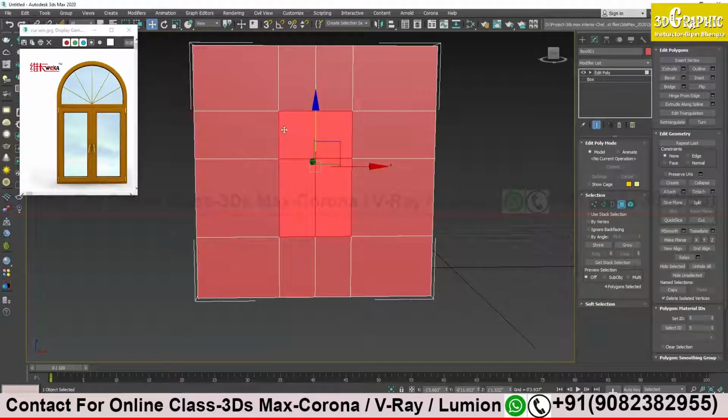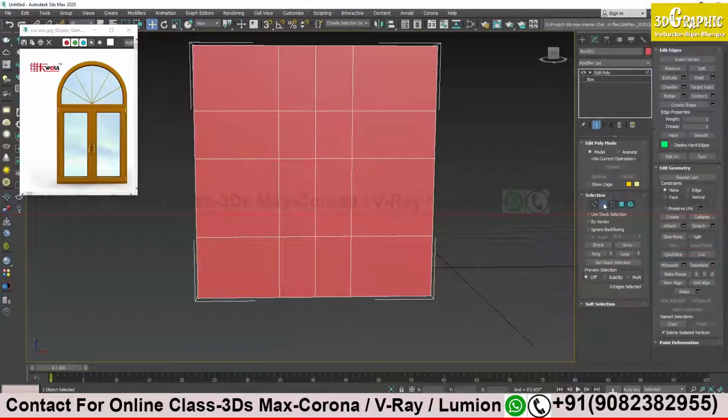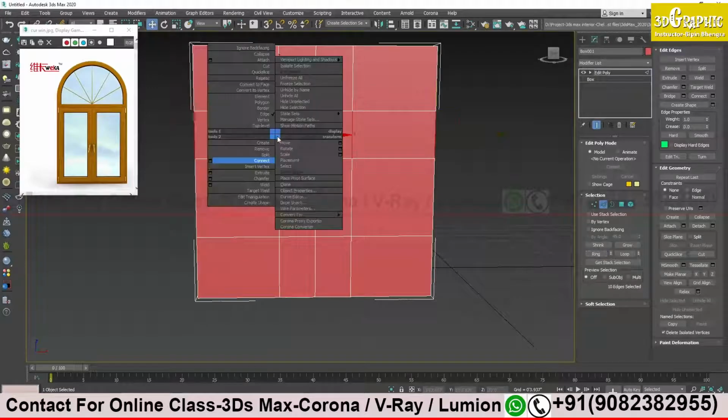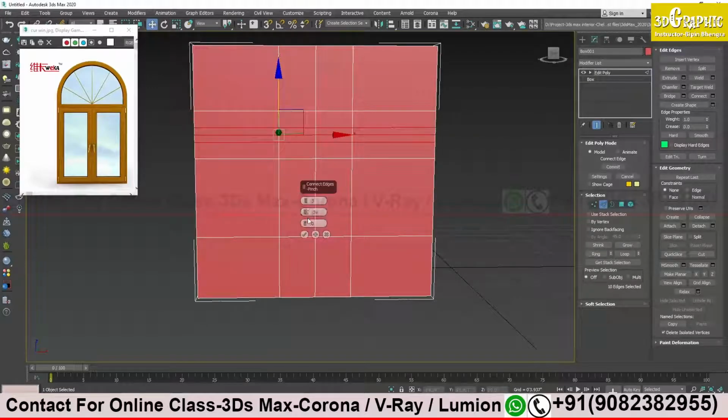To make it curve I need some more edges over here, I have very few. So I will select one edge, click ring, right click and connect. This time I will take only one.